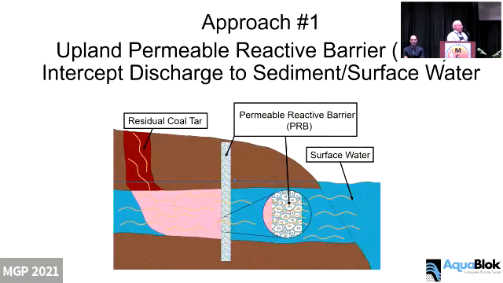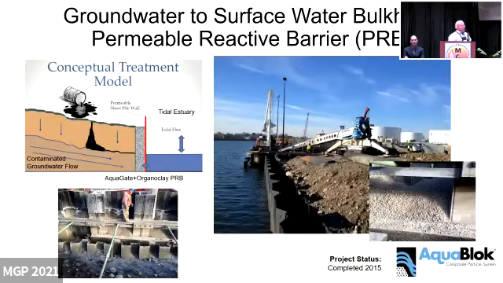The first one is something that everybody, I think, knows and understands relatively well, this concept of a permeable reactive barrier. And the idea is that you've got some amount of contamination that's flowing through the subsurface. You don't want it to get to the surface water. And so you can put some absorptive material within a barrier wall that will intercept that contamination. So a couple of examples of this type of